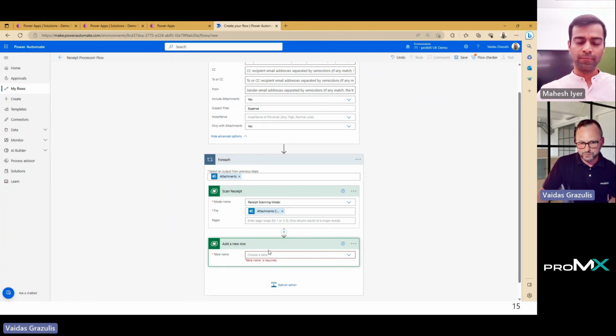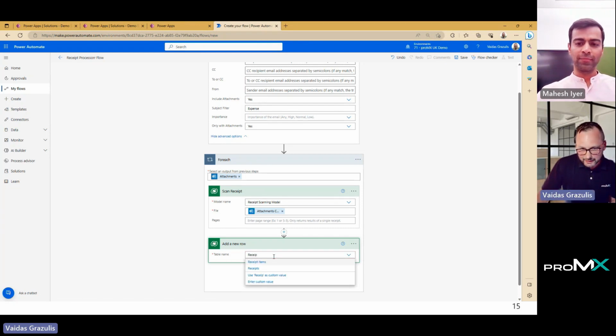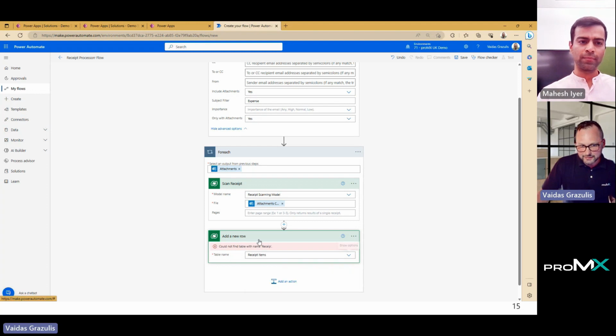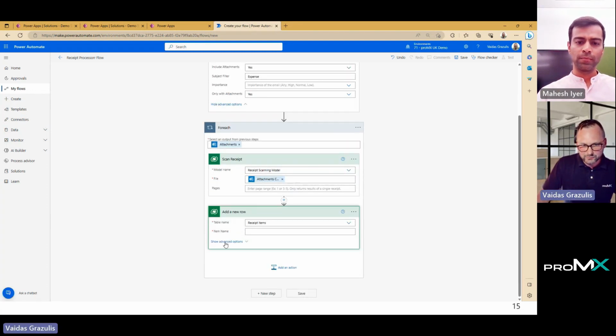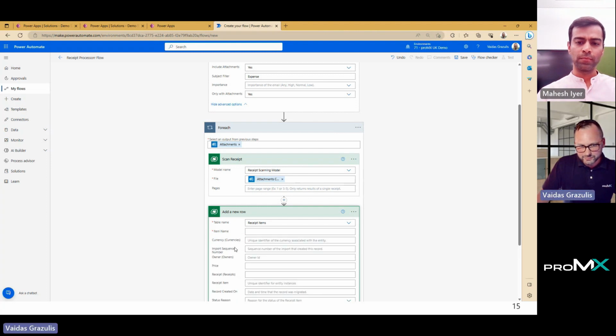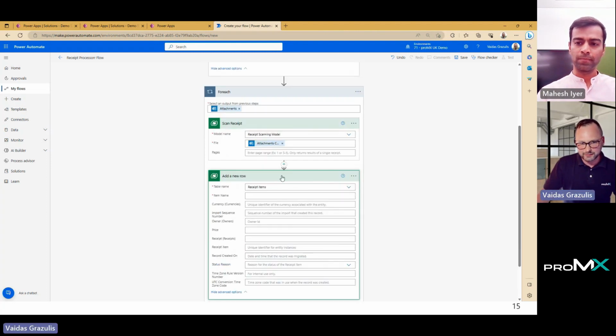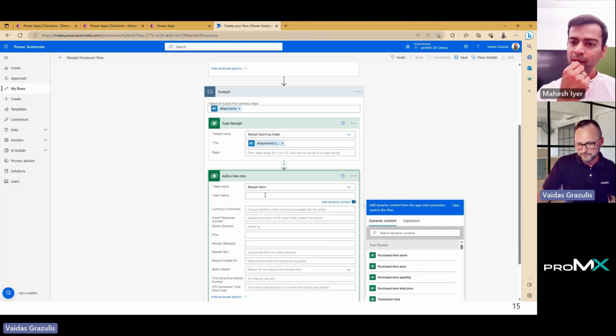As we said, we want to store the received items. So let's just drop this in my received items entity. I select this table. I can see that there is one mandatory field in this entity, it's just an item name. So why don't we configure that as well?